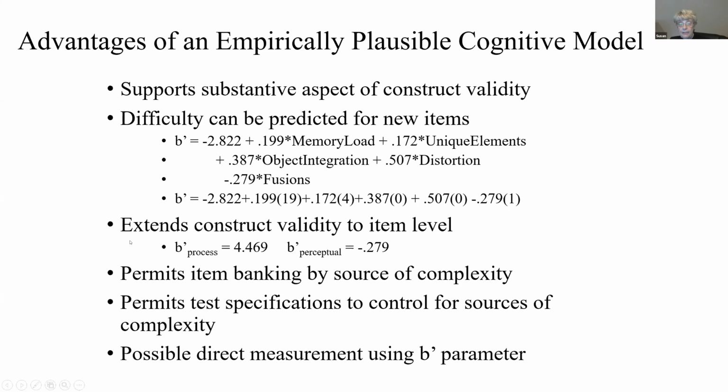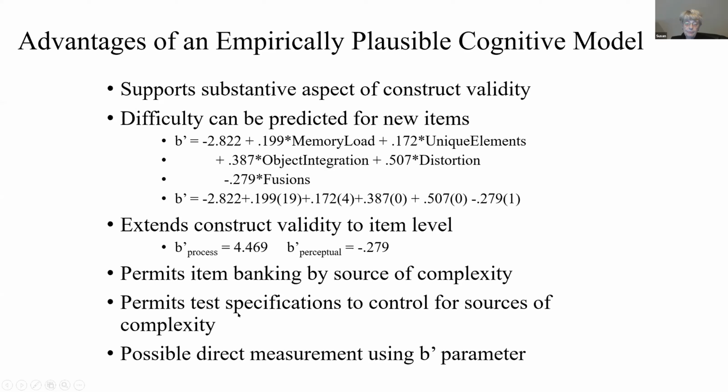We also can extend construct validity to the item level. Recall we have processing variables, 2 of them, and perceptual variables, 3 of them. And so we can look at the relative difficulty predicted for the item on those 2 different types of cognitive variables. We can do item banking by source of complexity,